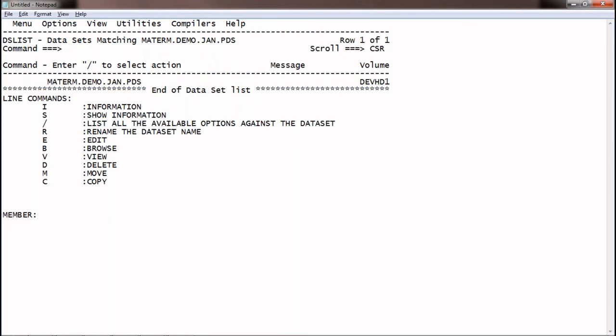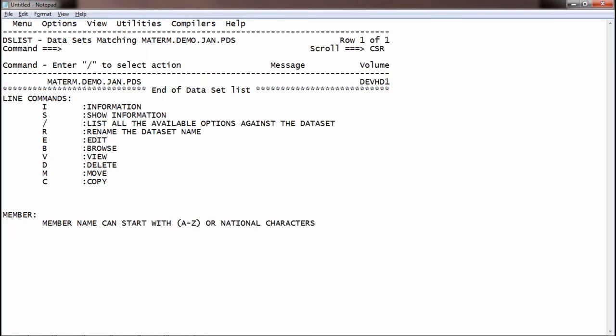So a member name can start with characters A to Z or national characters.